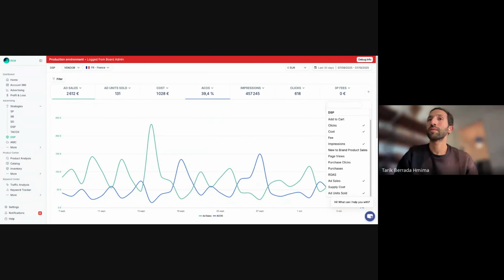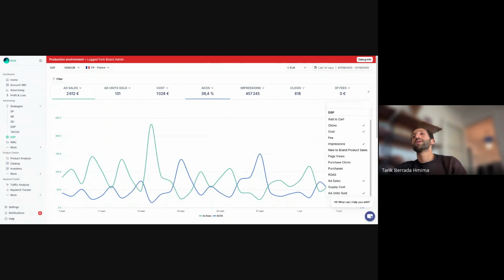And last one, in-market for your category excluding retargeting. If you want to test it during the monthly calls or onboarding for DSP, we will help you with these different strategies.